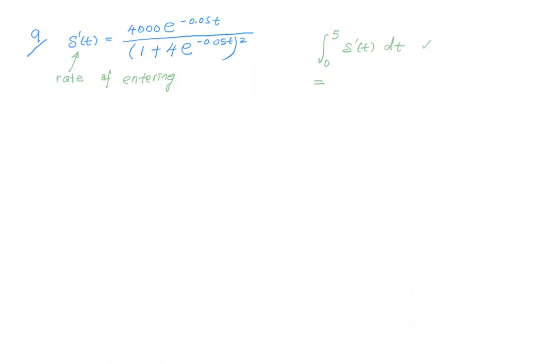Can someone help? We get the displacement from 0 to 5. No, it's not displacement. What is S? You see, rate of entering, so total number of spectators. Yes, total number. So you must know how to interpret the meaning of the integral. No point doing it if you don't know the meaning of the integral. Total number of spectators entering